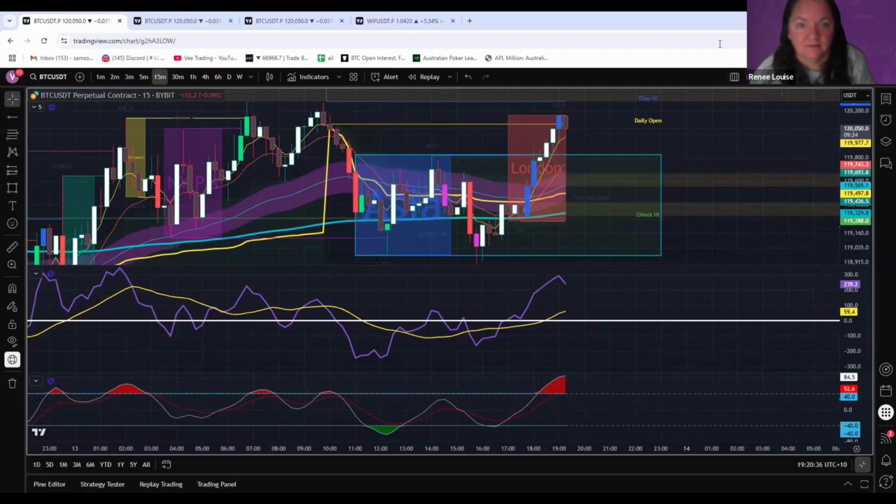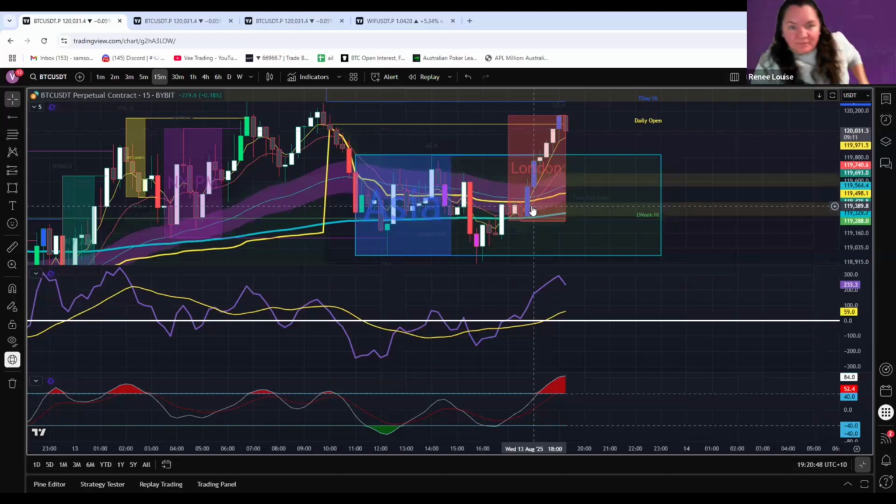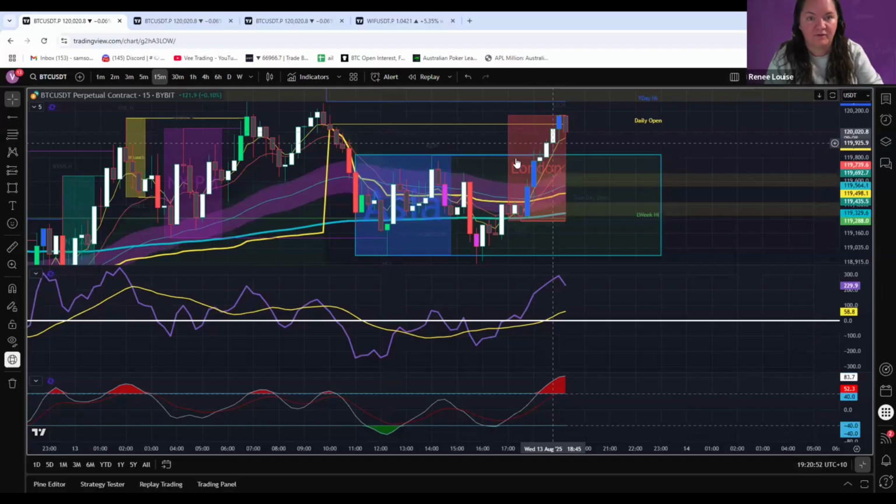Just give me 1 second. I'll turn some more lights on. There we go. Now I'm going in and out of focus. There we go. Bit more shiny, but